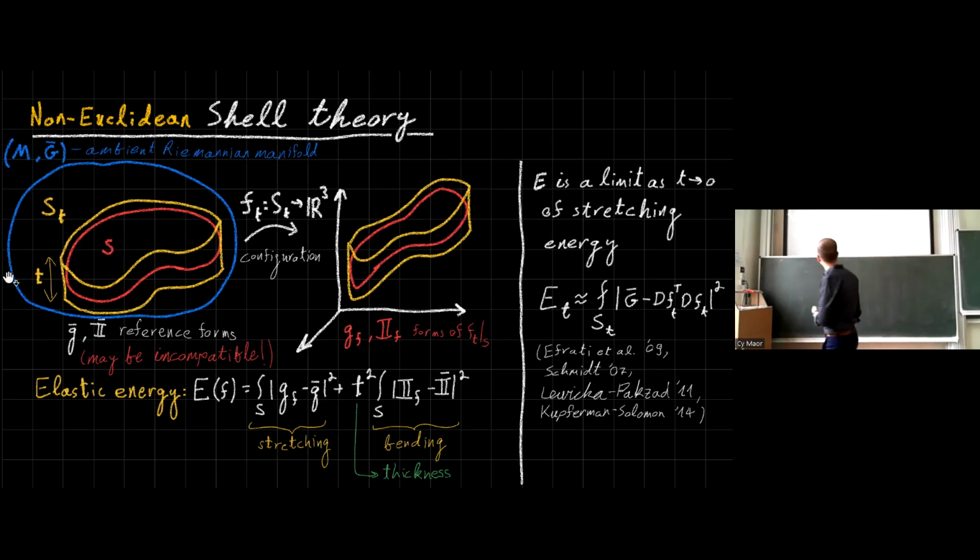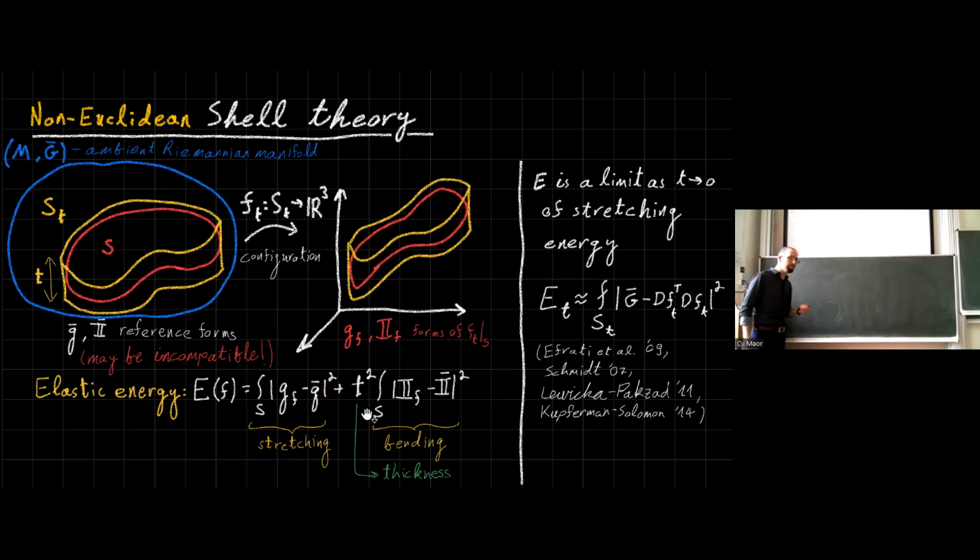And it can be shown that this elastic energy is nothing but the formal asymptotics in the thickness of the elastic energy that we saw in the first part of the talk. So here it's the yellow one. The yellow body is three-dimensional in three dimensions. We put the elastic energy from the previous part of the talk, we take the formal asymptotics as the thickness goes to 0, and we get this.